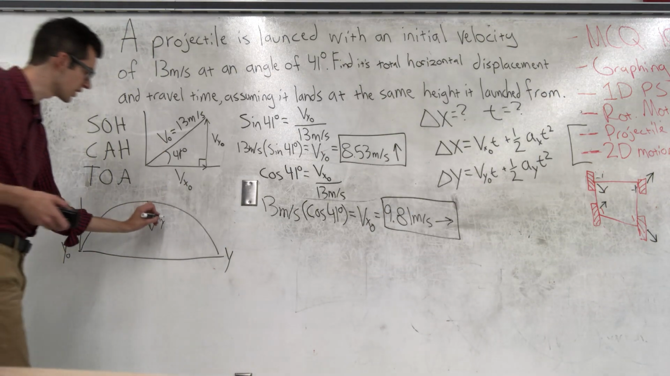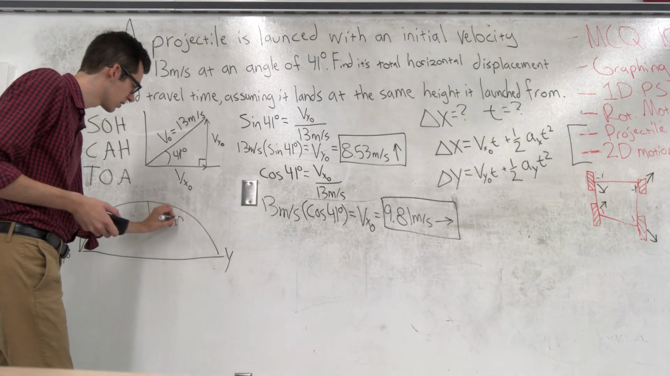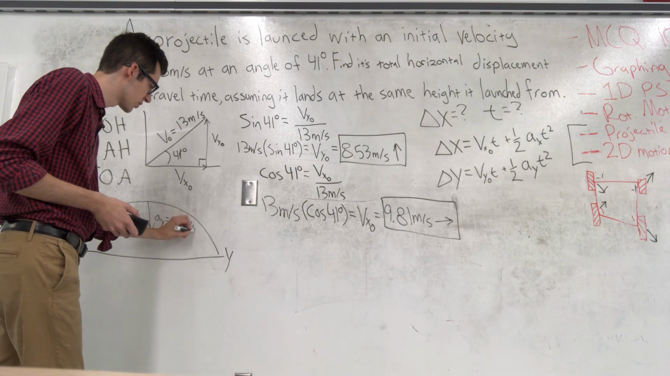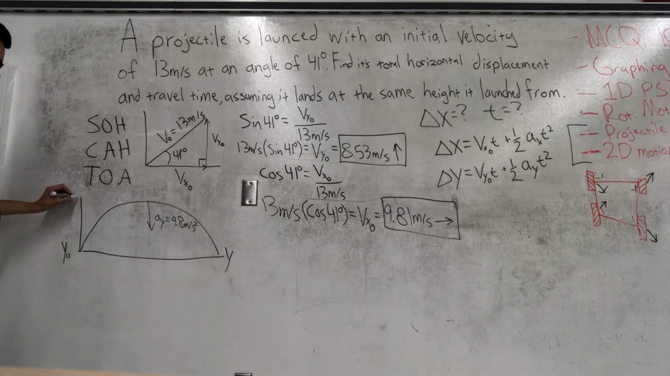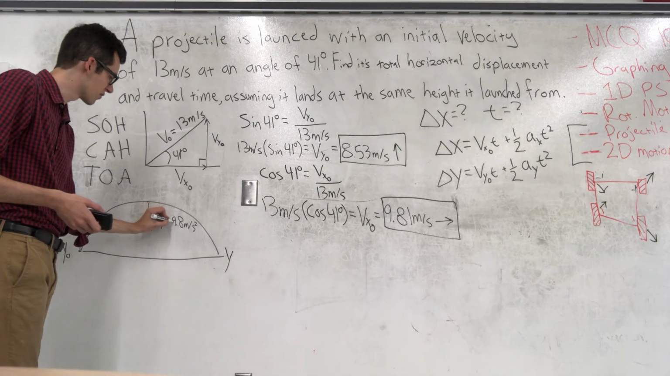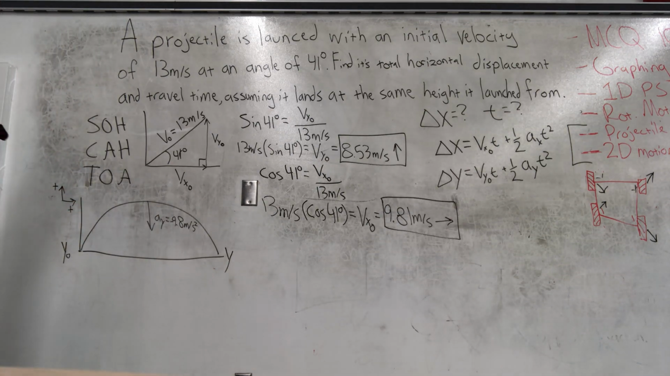So we have ay equals 9.8 meters per second squared. Now, we should define, if we're saying that up is positive, which I think we should, so we'll say that up is positive and to the right is positive. So this gravity should be a negative 9.8 meters per second squared because it is acting down, opposite to our